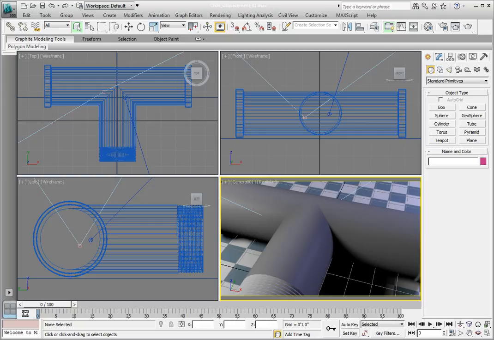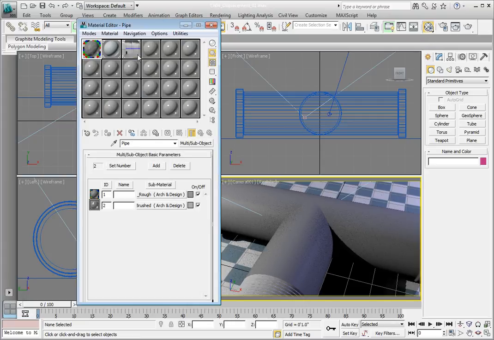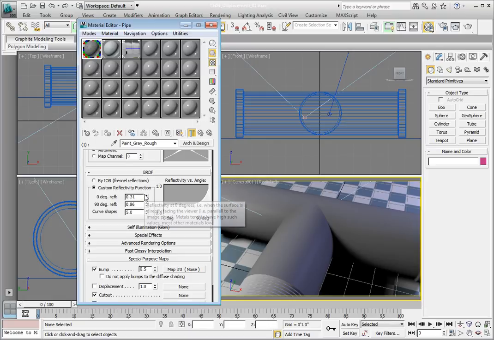First, we want to open the Compact Material Editor. Click and hold the Material Editor button and choose the Compact Material Editor option. In the Material Editor, select the pipe material. This is a multi-sub-object material that contains the rough paint and brushed metal materials that are applied to the pipe. Click on the material in the ID1 slot named Paint Gray Rough. This is an Arc and Design material that we're going to add a map to that will displace the geometry